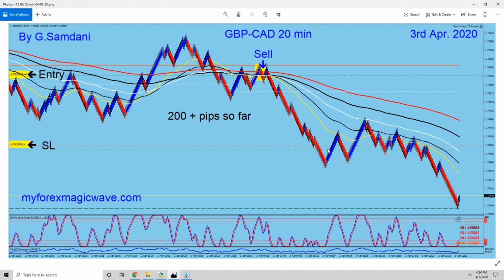Euro USD was dropping, and I held it for 2 days because that thing just moved very slow. So you have to give it a chance to move, right? It's not like pound CAD, pound carry, they go 200. I got 150 there, but in 3 days.